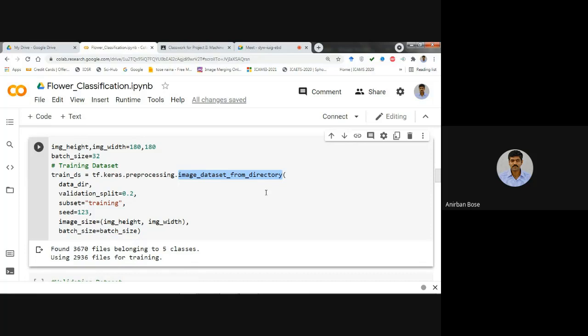If you have folders and within the folders the images, then if you want to create the training data from that, this is the command that you have to use. And what are the different parameters of this function? You see that within parentheses all the parameters are given. The first parameter you have to give is the source. What is the source of this directory? And you know the source is data_dir, where all the contents are there, right?